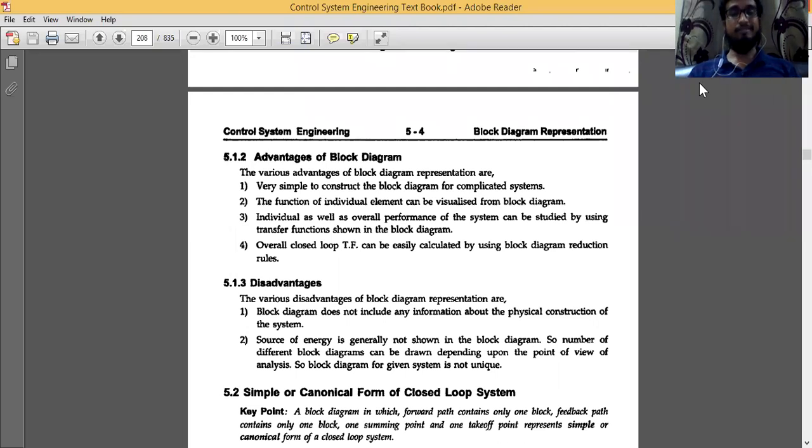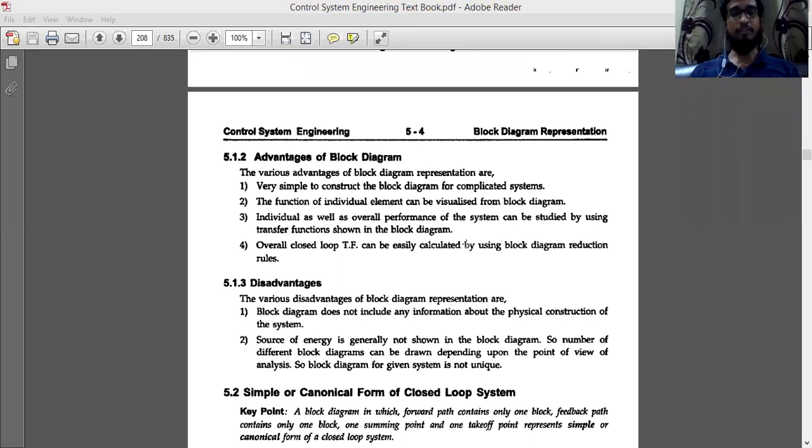Go through the syllabus and the textbook that I have uploaded on my blog, or you can see the Google Classroom also. Try to see each and every bit. I don't want you to miss any single concept of our syllabus, so that it will help you for your examination. That is why I have shown you today the textbook we are referring to here.